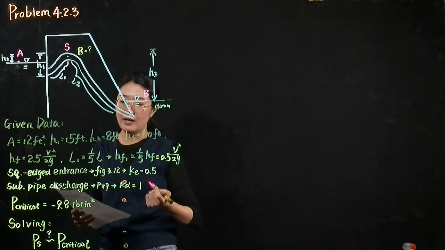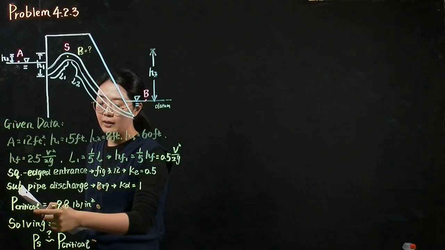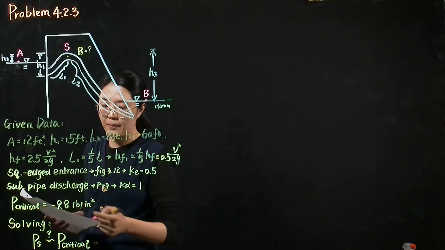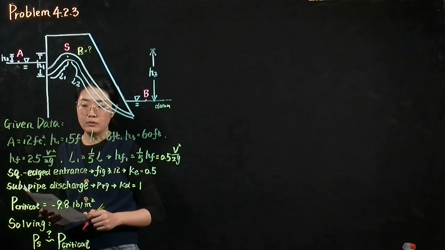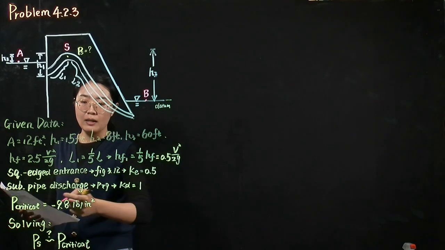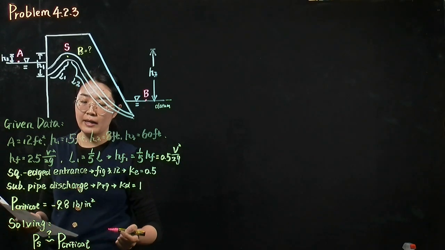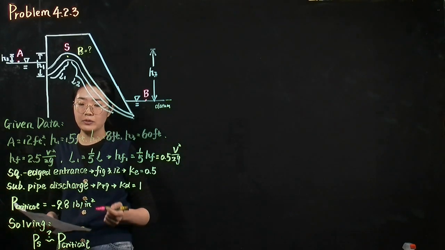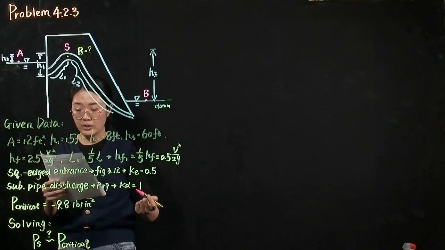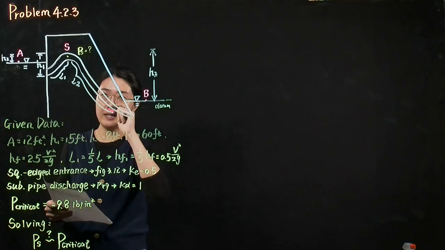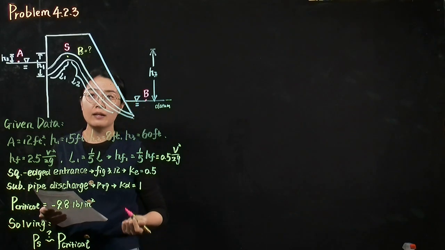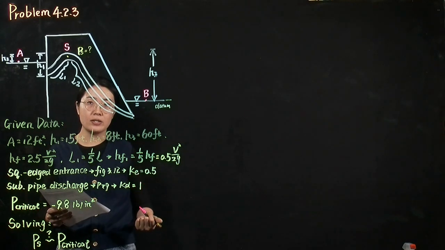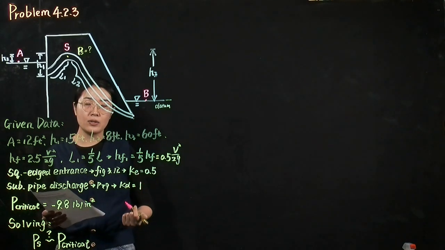And we also know the value of the critical pressure. It equals negative 9.8 pounds per square inch. So if the pressure is less than this value, then there is a danger of cavitation. In this problem, we want to determine the danger of cavitation at the summit point. In other words, this question asks us to calculate the pressure at the summit and then to compare this value